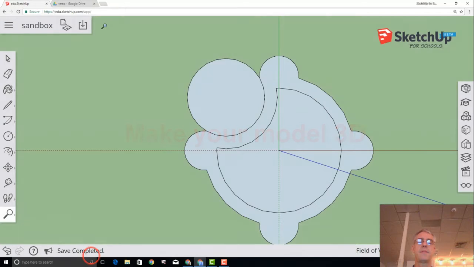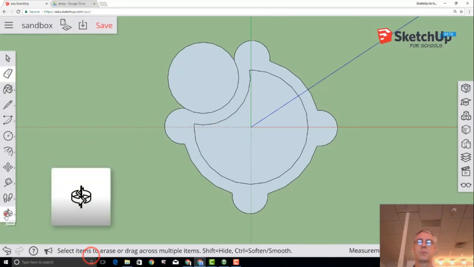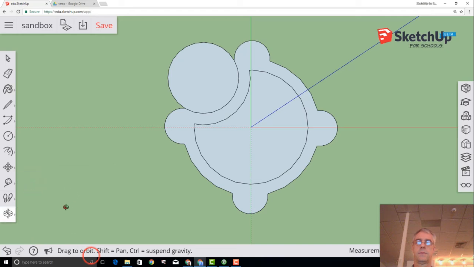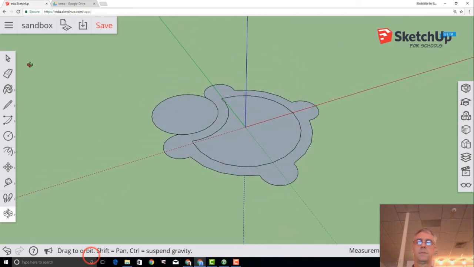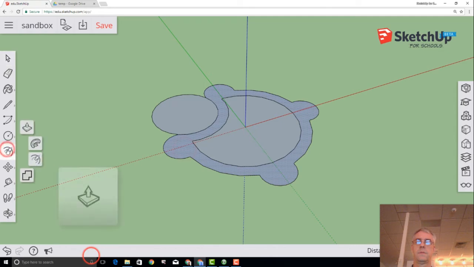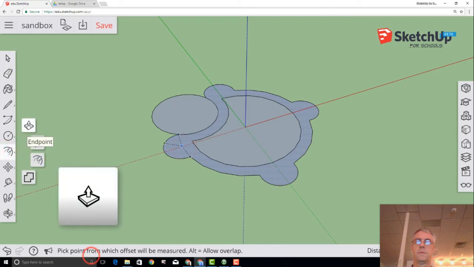We're going to add depth to this now. We're going to click the Last Push choice on our toolbar and switch to the Orbit tool. Hold your mouse button and drag so that you can see our turtle from the side, and then switch to the Select tool. Click on the feet so that you can see the dots, and then switch to the tool